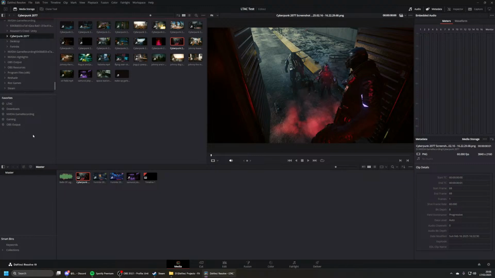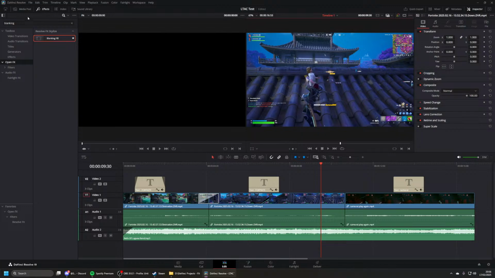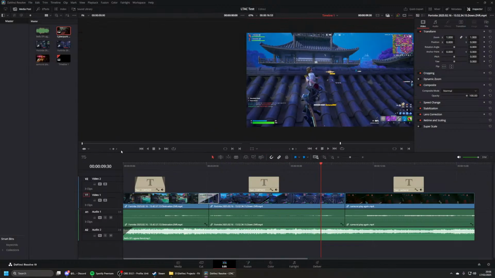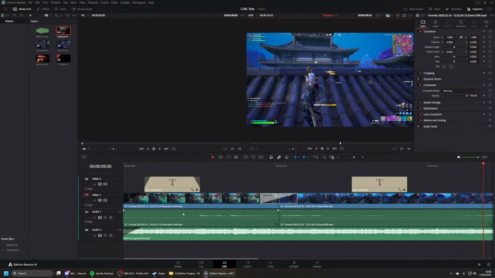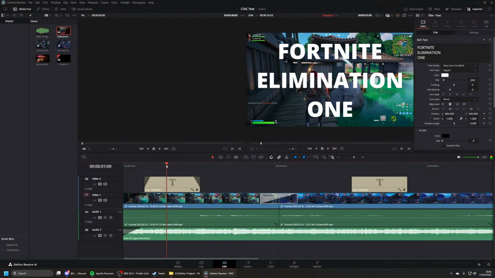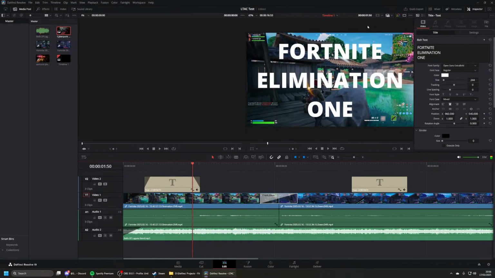you add your media to the media pool so that you can tell DaVinci what it's working with. On the edit page, you open your media pool and drag and drop it to the timeline. You can zoom in and out on the timeline with Alt and mouse wheel. You can scroll left and right with Control and mouse wheel. Where your playhead is, this will show you in the preview pane what's going to be seen, and it looks